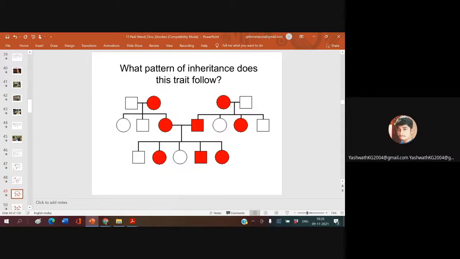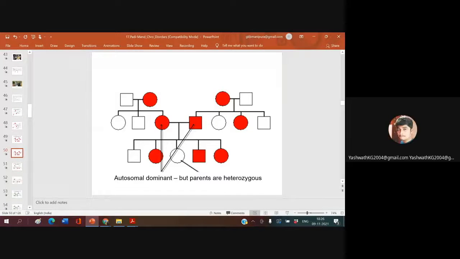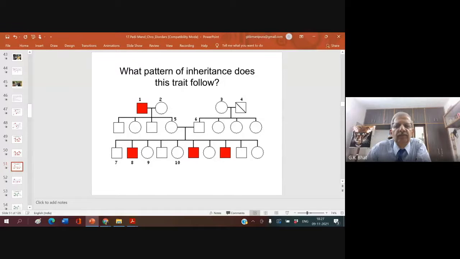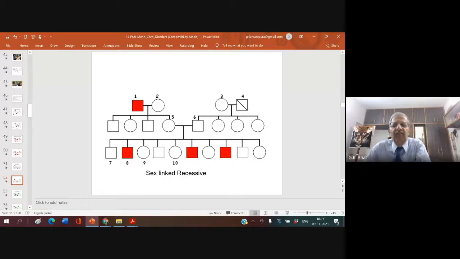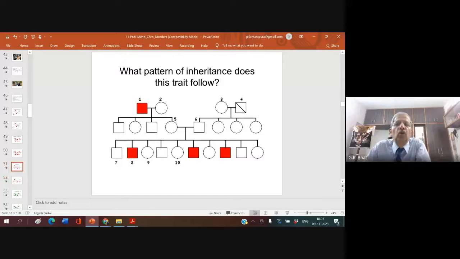What is this? Autosomal dominant. This is dominant. What is this? Autosomal recessive or sex-linked recessive? Sex-linked recessive. Yes, you have to have a little bit of practice. You must see from where to where it might have gone. From a man, it has gone to the daughter, but it is not expressed because why? She might have been a carrier. From that daughter, it has gone again to her son. Understood? This requires a little bit of practice.